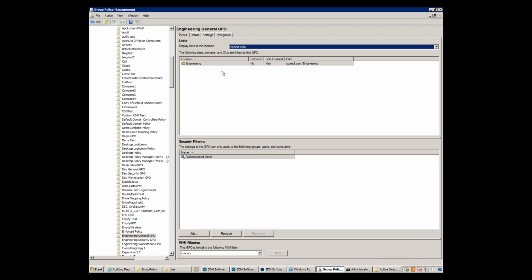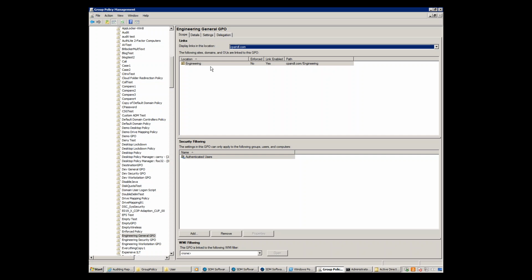Now, one of the things that got me stuck at the beginning, and Darren, I don't know if you had a similar experience years ago, but I used to always associate the link with the group policy object itself. That's how my brain functioned. Here's this group policy object, a blob of config, and I want to link it somewhere, and I figured the link was metadata on the GPO. The link is actually metadata on the container, not on the GPO itself,